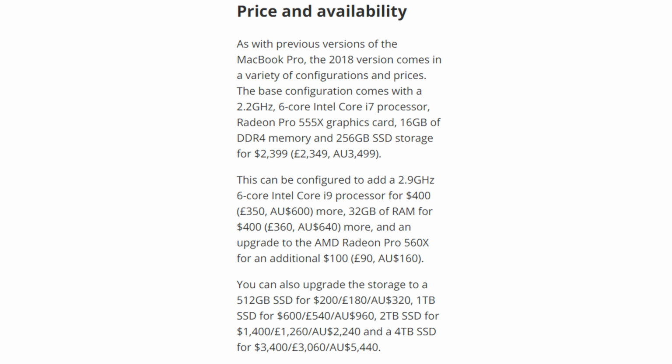For $2,399, £2,349, AU$3,499. This can be configured to add a 2.9 GHz 6-core Intel Core i9 processor for $400,